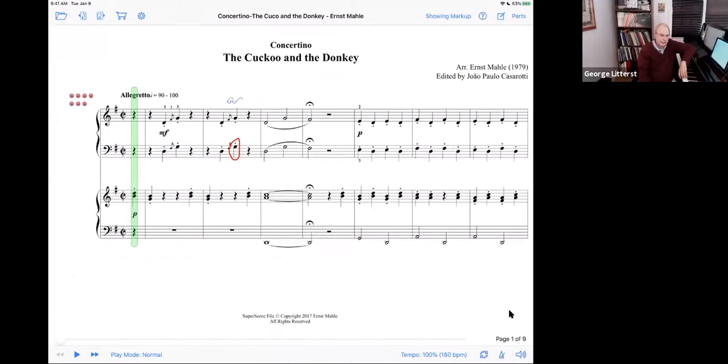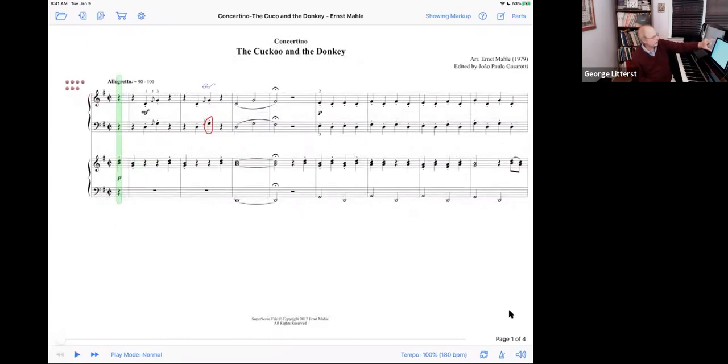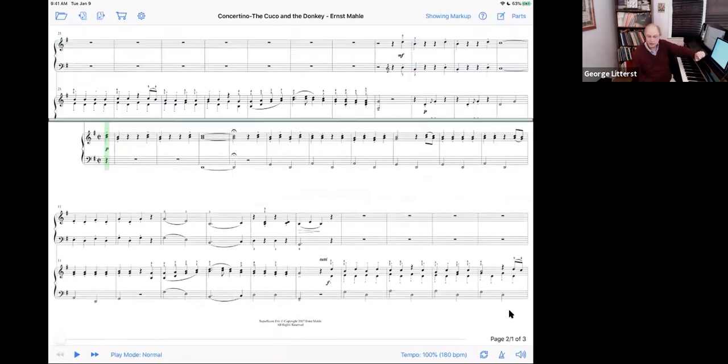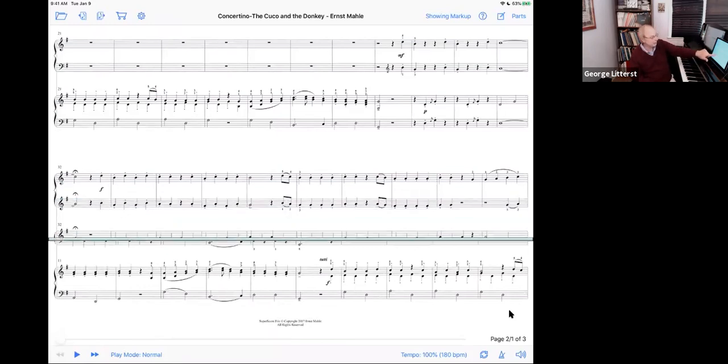Oh, sure. Yeah. And I should also mention that we do work with foot pedals, either MIDI triggers or Bluetooth foot pedals. So if you're just using this as a score without any kind of interactive playback, you can turn the page with a foot pedal. It can either be the full page turn or the partial page turn, in which you step on the pedal once and the wiper comes down just below or just above the final system on the page. You can move your eyes whenever you feel like it to the next page, step on the pedal again, and